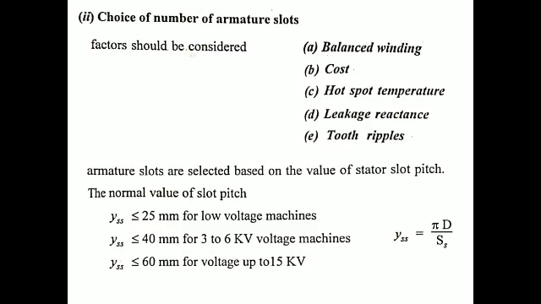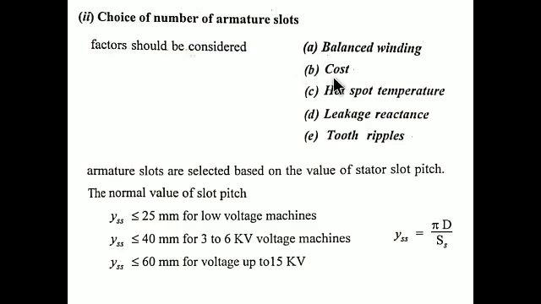If we choose an improper slot value, it leads to improper winding selection, meaning an unbalanced winding. An unbalanced winding will produce more heat during operation and generate more harmonics, which gives the biggest drop in the machine. So to avoid unbalanced winding, we have to make the windings balanced. For a balanced winding, we need to select a proper slot number. So the selection of slots relates to the balanced winding. That is the important content here.